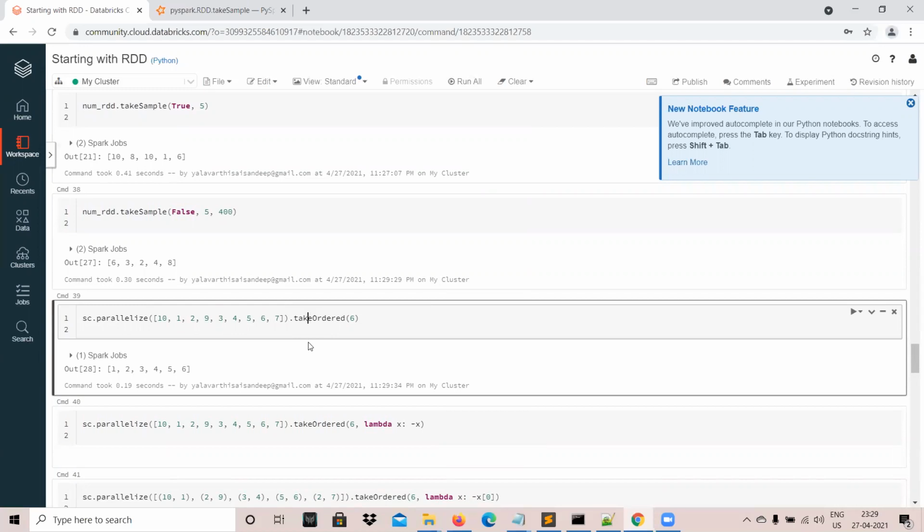This data has 20 columns each, and you want the first 1,000 records or 10,000 records. In that case, you can call the takeOrdered function, and you can pass that custom logic also. The takeOrdered function takes a second, optional parameter. Okay, so you can see this.